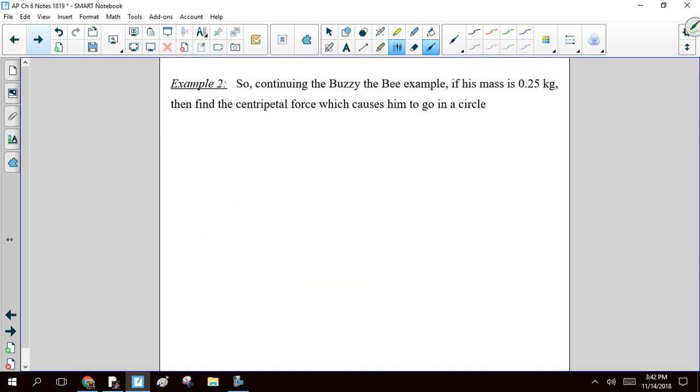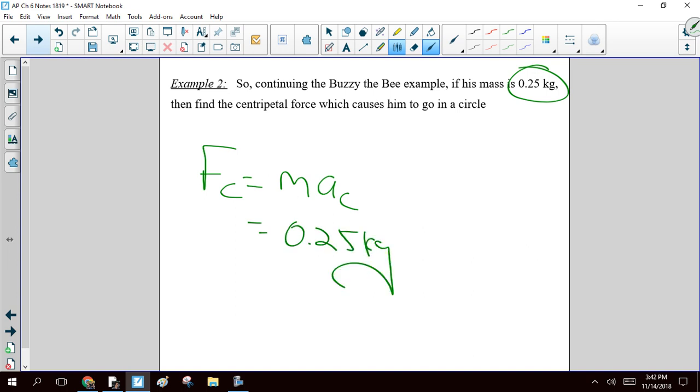All right, so continuing that Buzzy the Bee example, if we want to find his centripetal force, we would have to take his mass and multiply it by the acceleration. So his mass is 0.25 kilograms, and his acceleration was 18.95 meters per second squared. So multiply that out, and you will discover that the centripetal force is